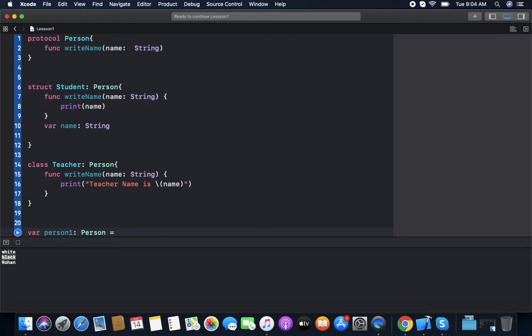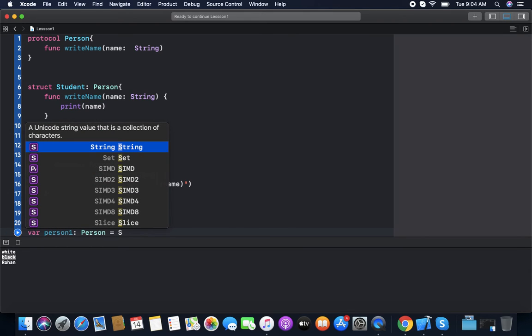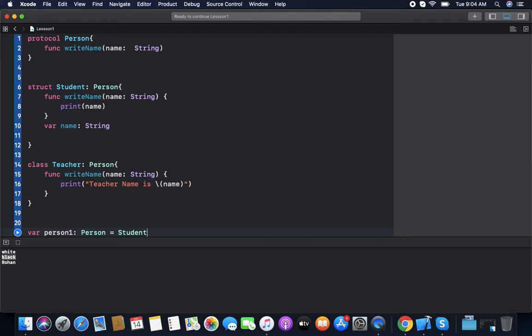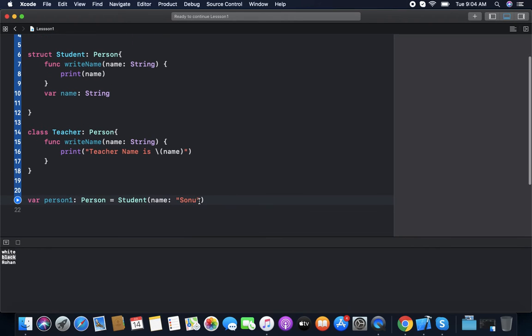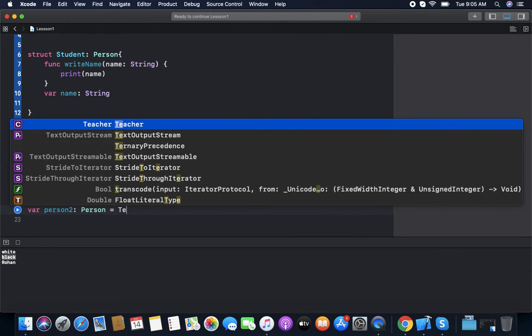So we can instantiate any subclass, like Student. Now we have person one as a Student, and person two as a Teacher.